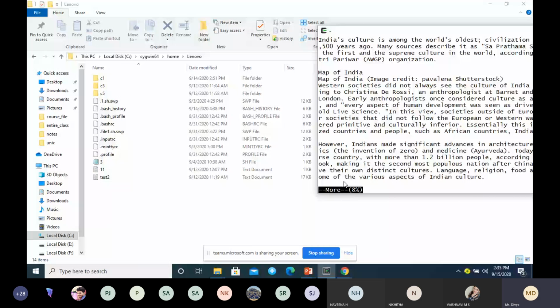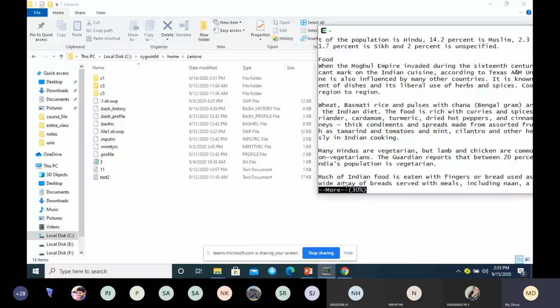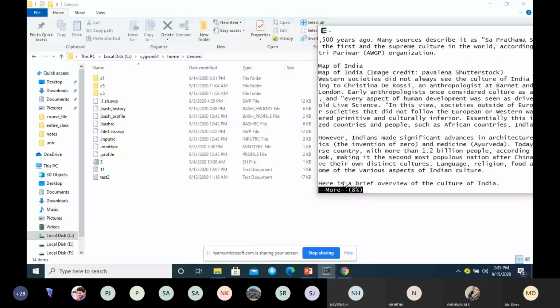One page at a time navigation: press F. If I want to move backward, press B. This will move backward. If I want to come out of this command and stop its execution, I need to press Q. Q is for exit.